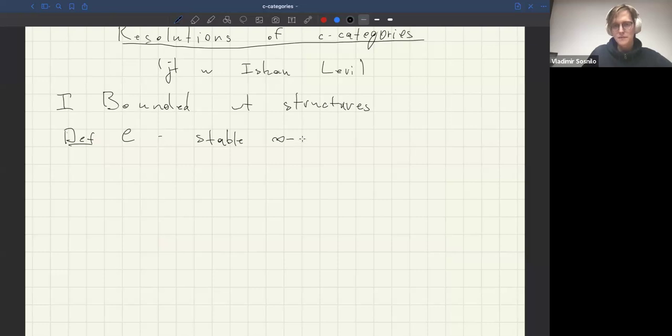A lot of the things that I'm talking about work in the triangulated setting as well, but they're just much easier to formulate in the infinity categorical setting. So if you have questions about this, ask me at any point as well. And so a weight structure in C is a pair of subcategories